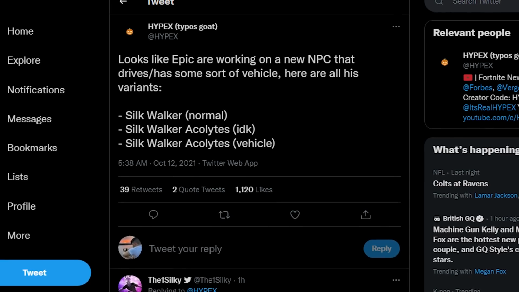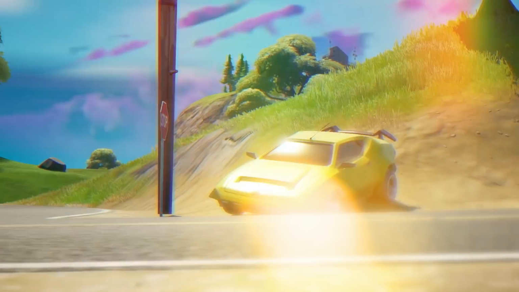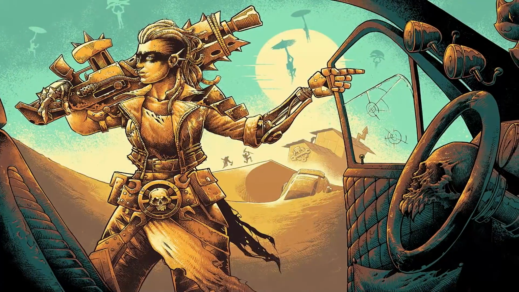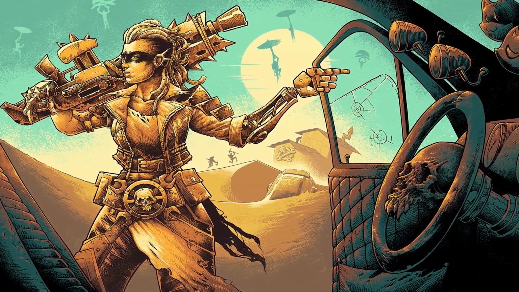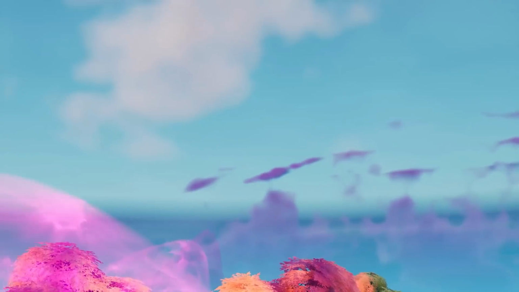And we don't know much about it, but it'll be an exclusive vehicle that is driven around by a new NPC called Silkwalker. The NPC will drive around in the vehicle and we'll probably be able to just steal it from him. I mean, it's very possible that this could be the Mad Max car loading screen that was leaked last season. And it's not just vehicles that are getting us excited, because 2 new wildlife creatures are coming to